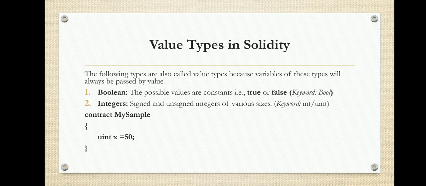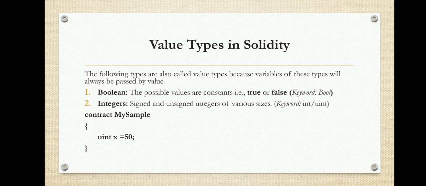Like other programming languages, we have data types in Solidity, like Boolean, integers, strings and address. We know that a data type indicates which type of data a particular variable holds. The first data type is the Boolean data type. There are two possible values for Boolean, true or false. The keyword to represent the Boolean data type in Solidity is bool.